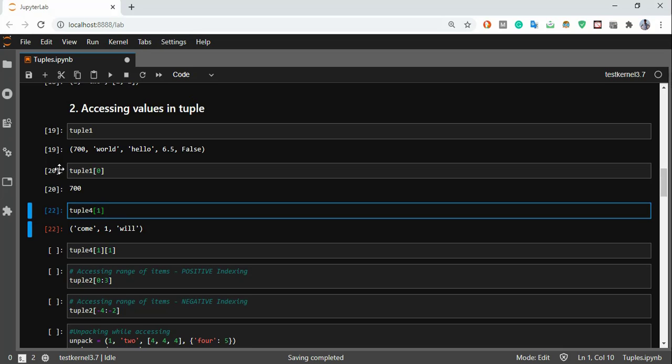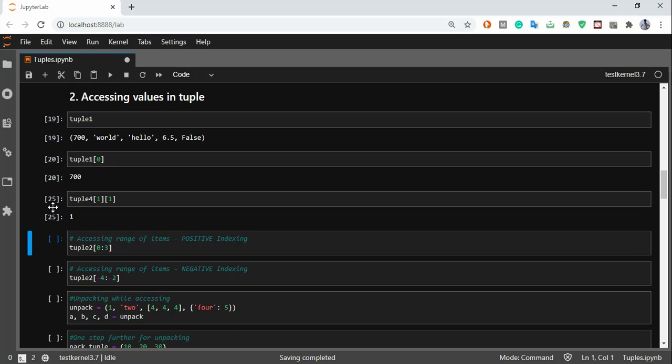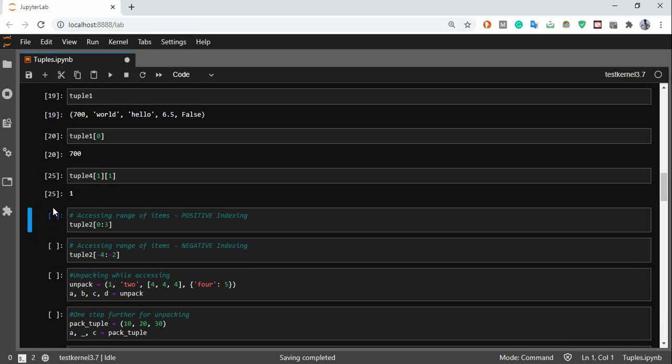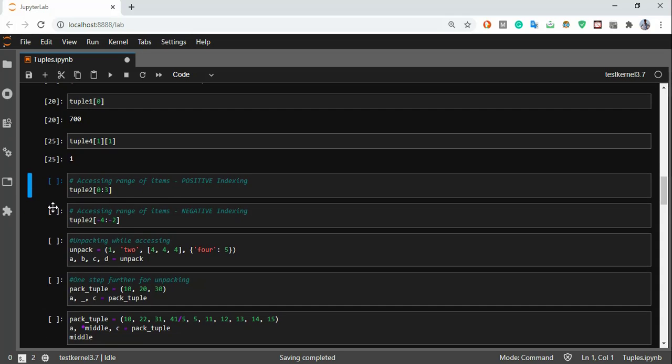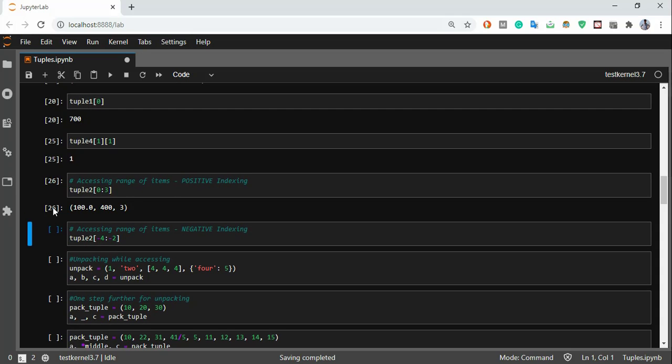Now if I want to access the values of this inner tuple, I'll index it again based on the number of values I have and what I want, right? So this is how double indexing works. This was the case of positive indexing. When I say positive indexing, it goes from 0 to n, whereas negative indexing starts from -1. So -1 is the index provided to the very last item of that tuple.